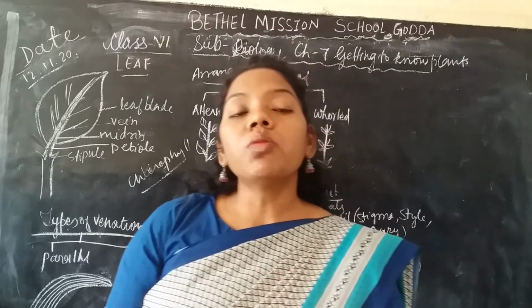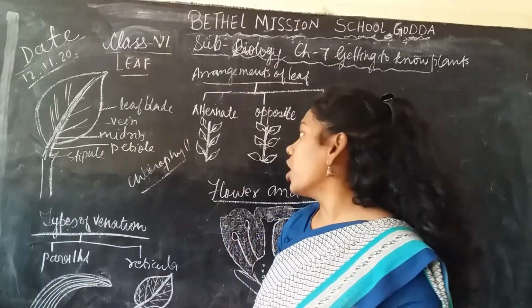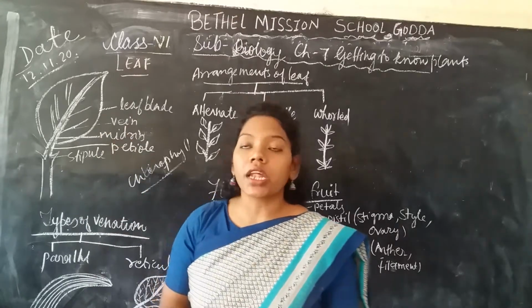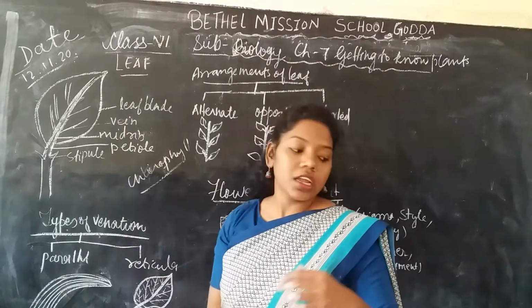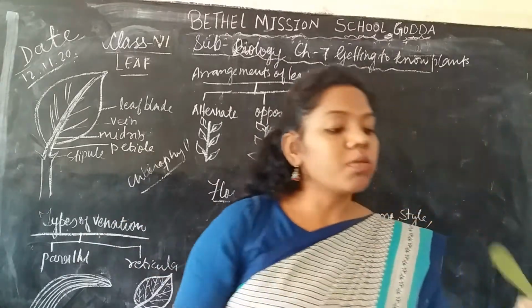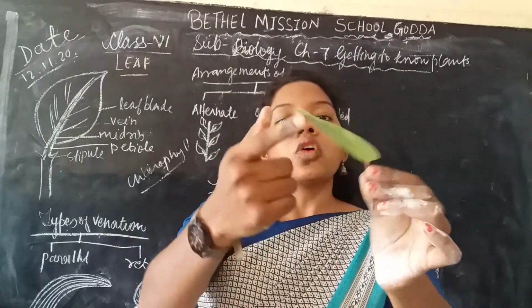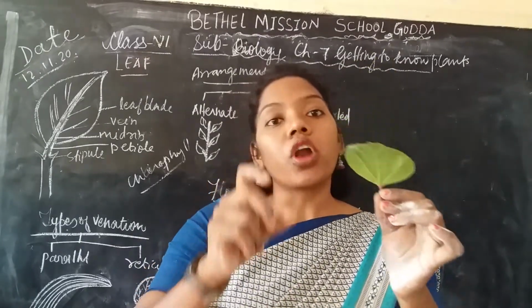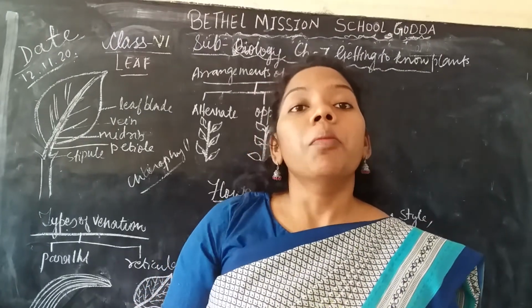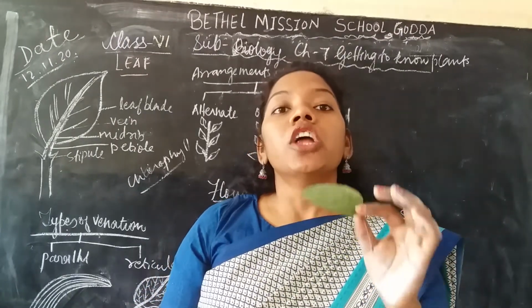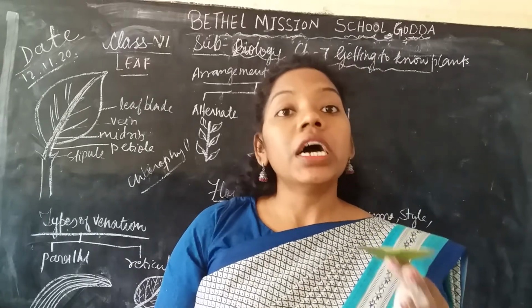One of the most important specialities of the leaf is the stomata, that means the pores below the leaf. It is found on the lower side of the leaf. This is the front part and this is the dorsal part. The stomata is a pore or opening of the leaf which is used for breathing purposes, or to release water vapor during transpiration.